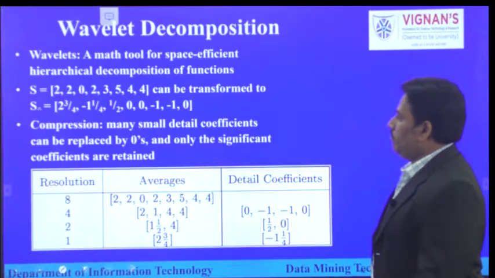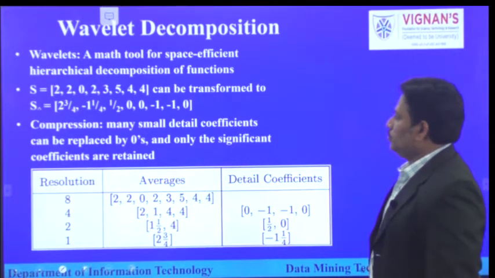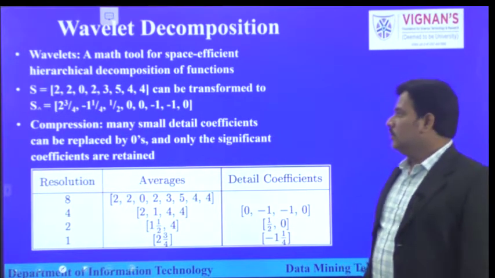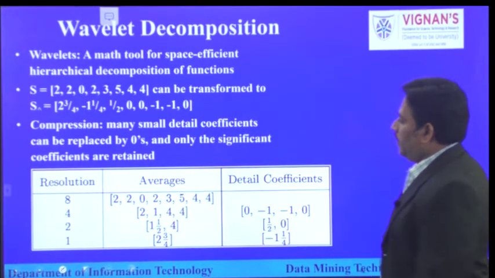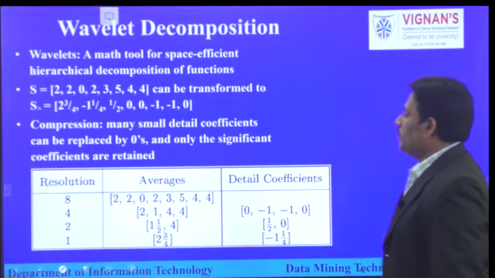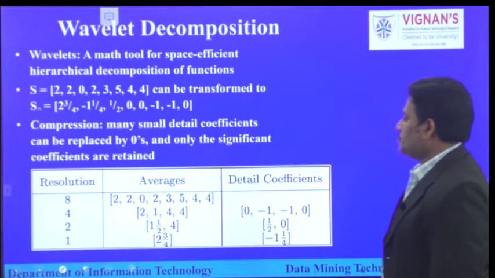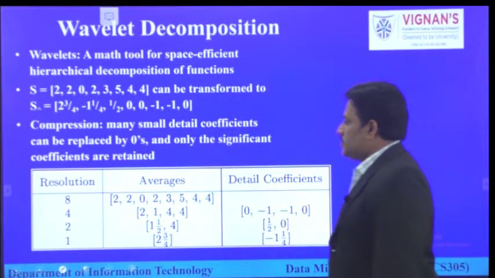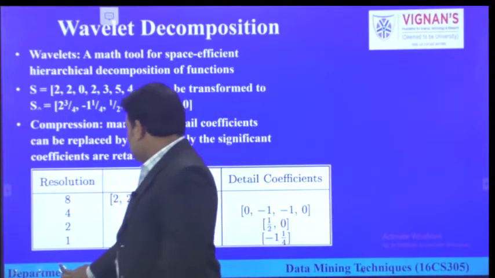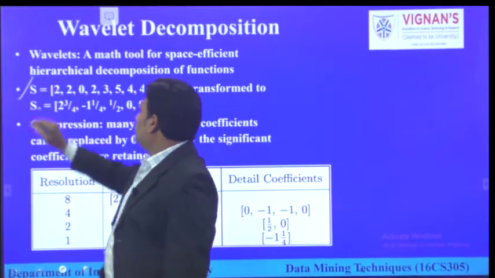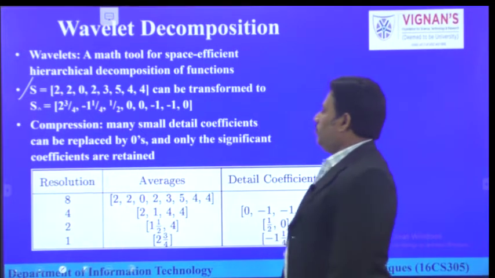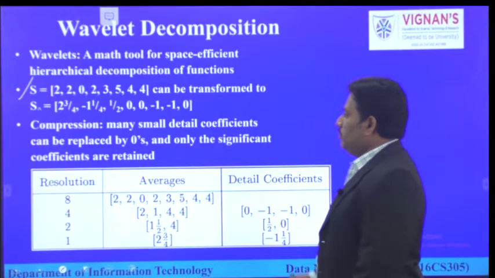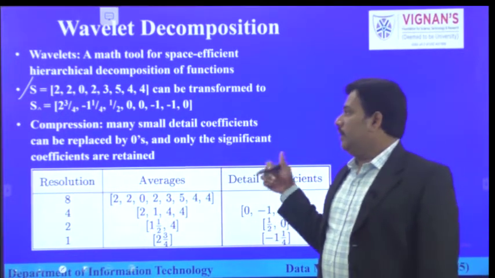Now, how is the wavelet decomposition going to be done? To apply wavelet decomposition, we can take the help of any mathematical tool. Look here, we are applying a hierarchical decomposition of functions. What we are doing here is transforming the given data. Here the given data set is S equal to 2, 2, 0, 2, 3, 5, 4, 4. That is the initial given data, and we want to transform it into the required output applying the wavelet